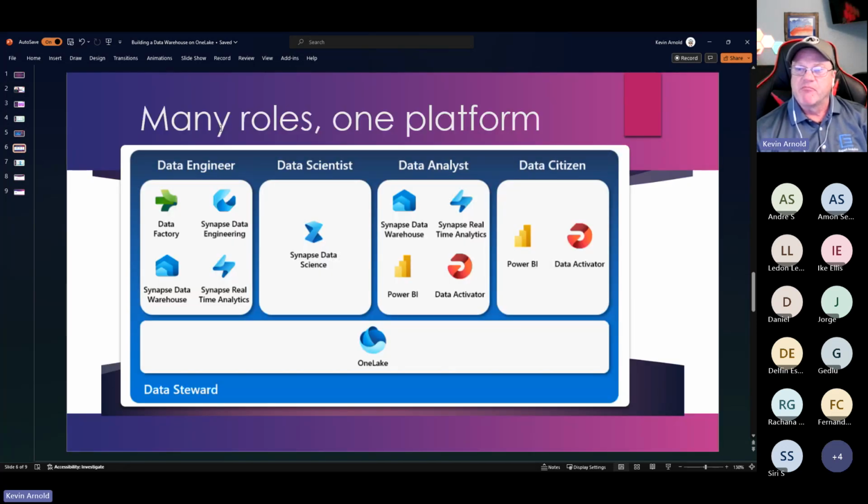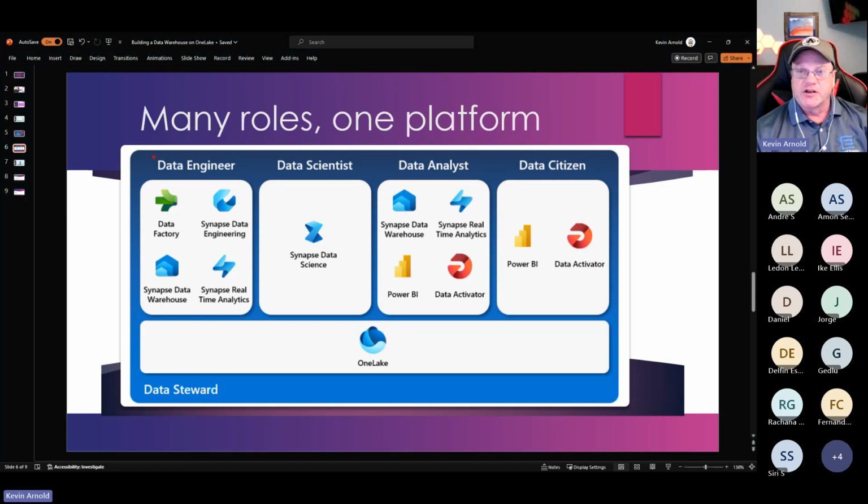The other thing is we have many roles that also work on one platform. And so I mentioned earlier already, a data engineer. Anybody, by show of hands, consider themselves a data engineer here? Mostly, I got Benjamin. Yeah, four people, right?